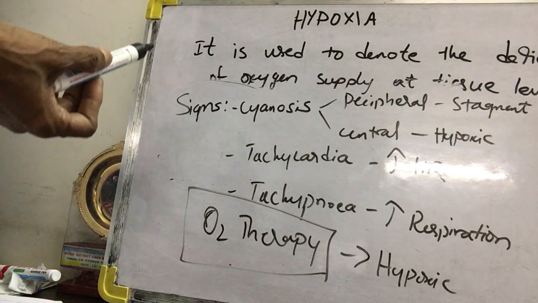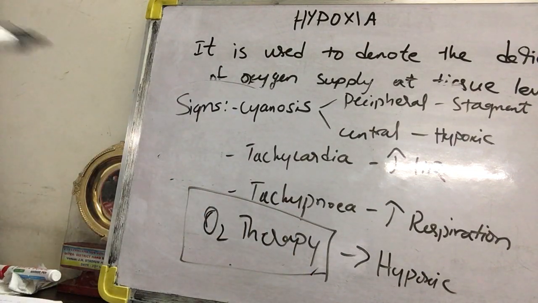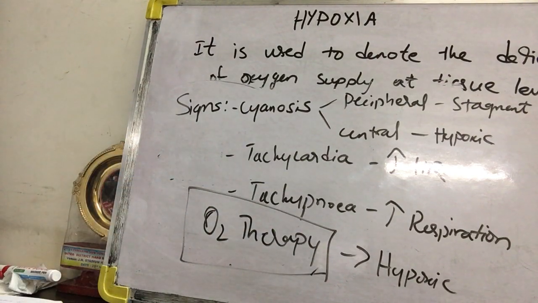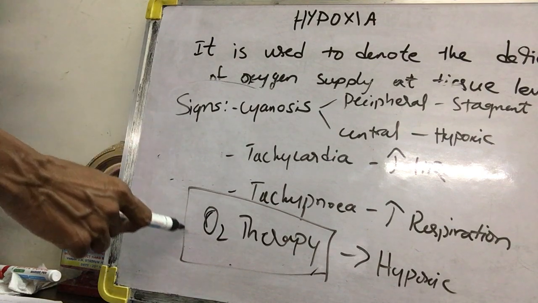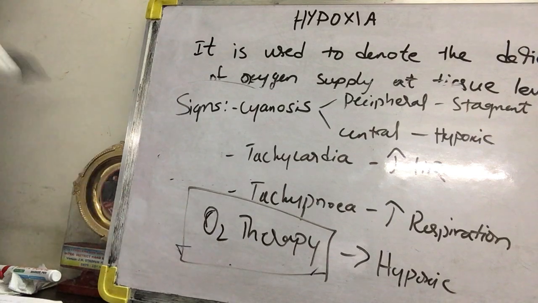So in anemic hypoxia, if at all we give oxygen, it will be of no use because the oxygen carrying capacity is reduced. So how much ever oxygen you give to the patient, it will not be of any help. Whereas in stagnant hypoxia also the same. If you give oxygen therapy in stagnant hypoxia, then also because there is decreased blood supply to the tissues, even though the oxygen content is increased in the blood, since there is no blood supply the tissues will not get any oxygen. So there will be deficiency of oxygen at the tissue level again.